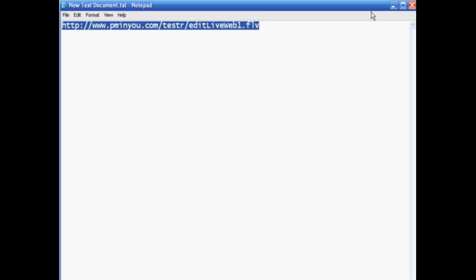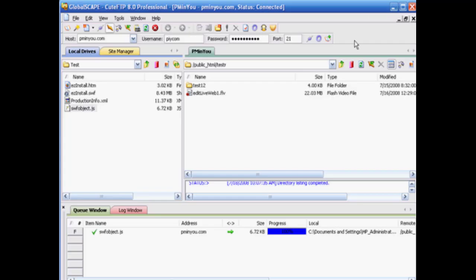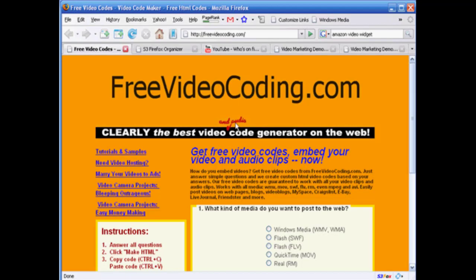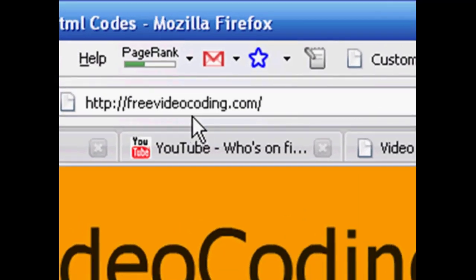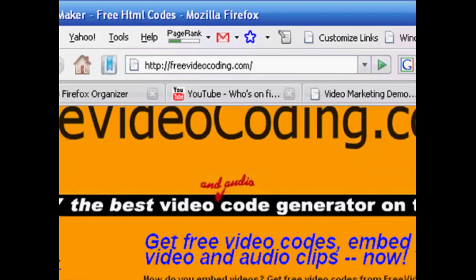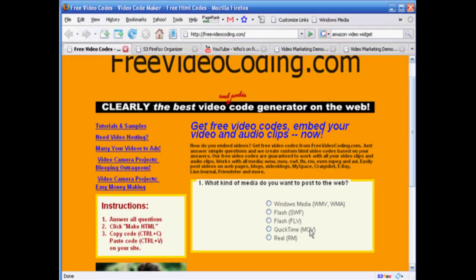Got that in my clipboard. Now then, this next tool, if you will, is pretty simple, and it is an online deal located at freevideocoding.com. Very simple. If you've got a WMV, basically whatever format you've got your file uploaded to your server as,